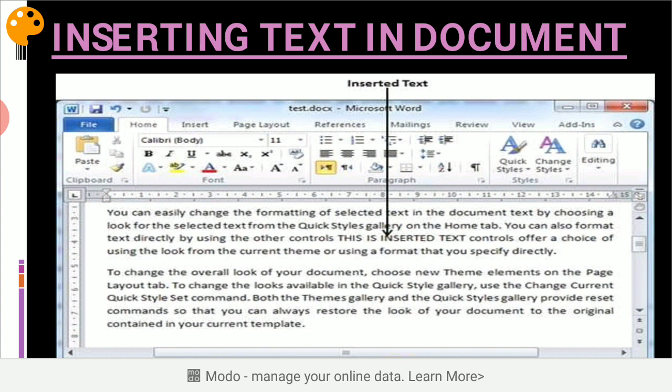In this example you can see I insert new text here. The text you type will appear where the insertion point flashes on the screen.